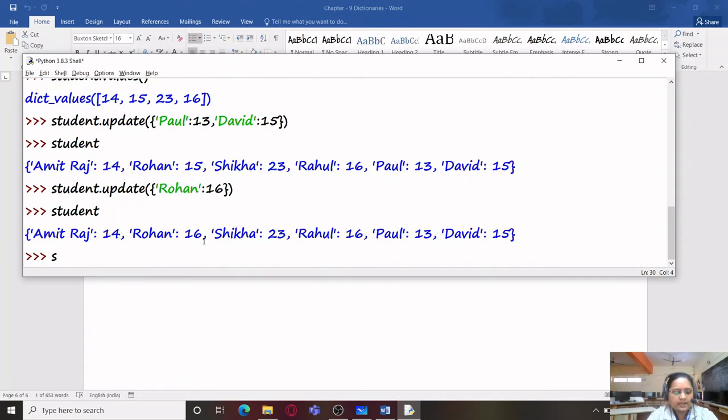Suppose I create another dictionary here containing certain names like this. Amit Raj 15.